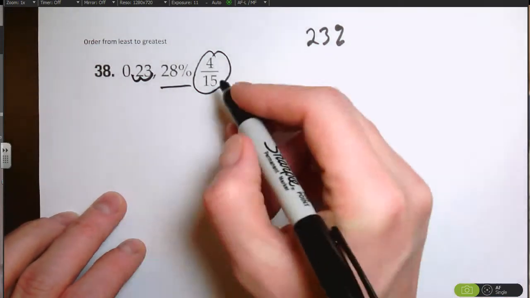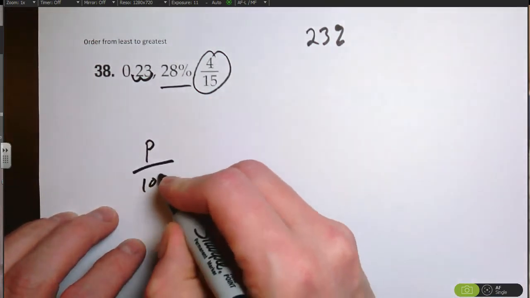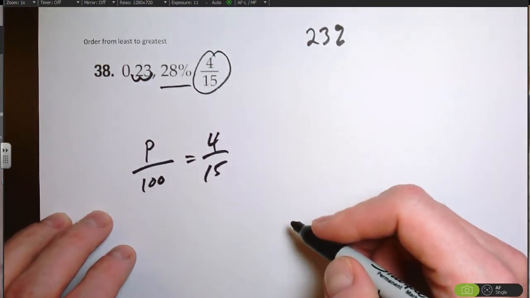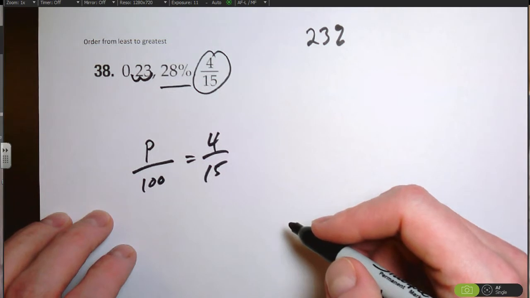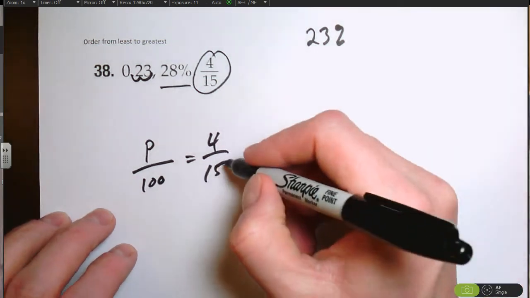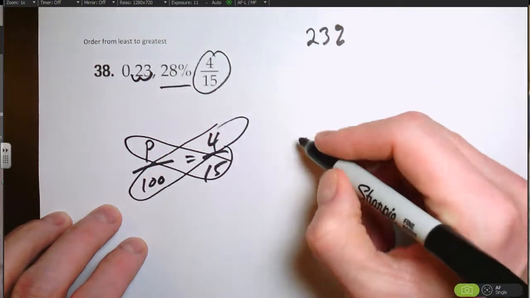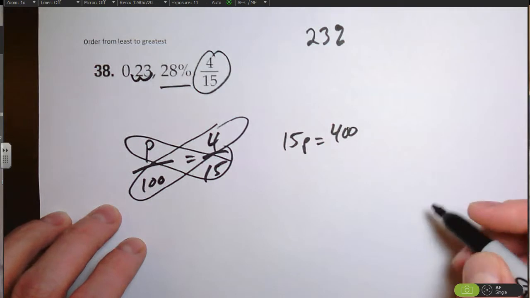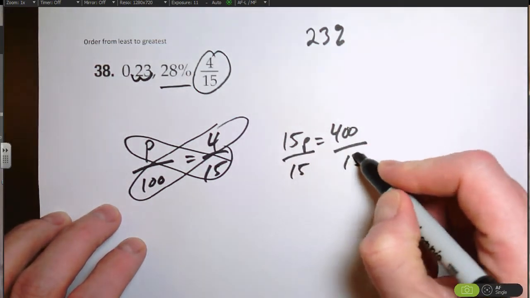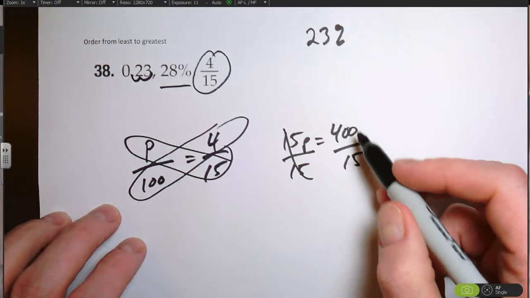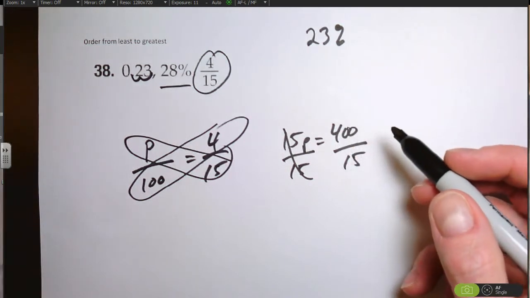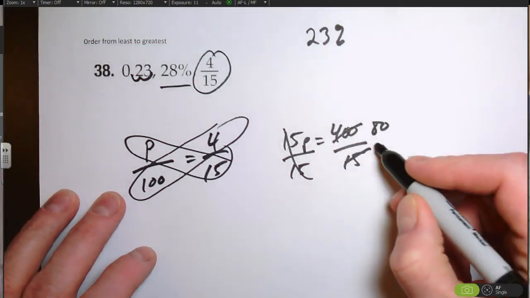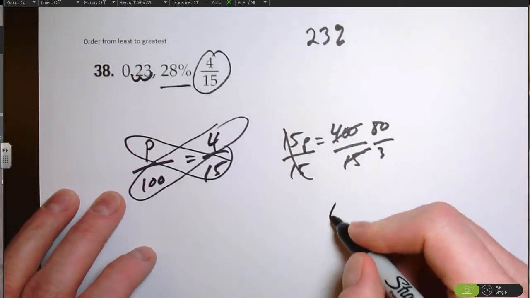Well, remember it's a fraction. The easiest way to do that is percent over 100 equals 4 over 15. And then just simply cross multiply and solve for P. I mean, that's how I would treat it. 15P equals 400. Divide by 15. Unfortunately, 400 and 15 don't have anything in common other than a 5, which would give this then 80 and this 3, which does make our division a little bit easier when we do 80 divided by